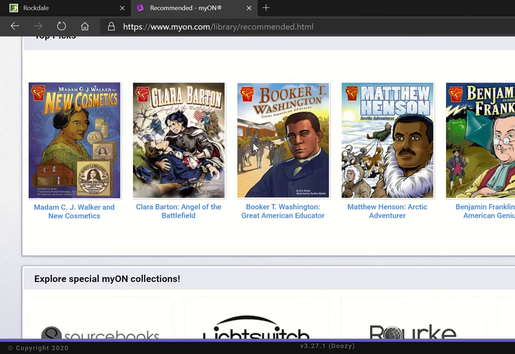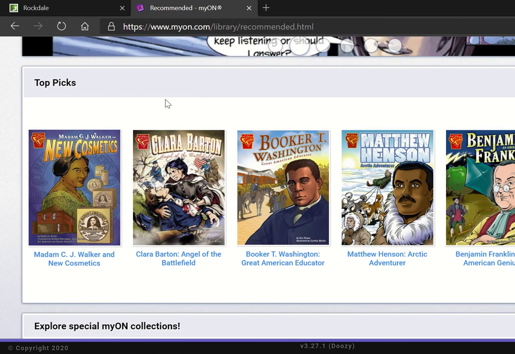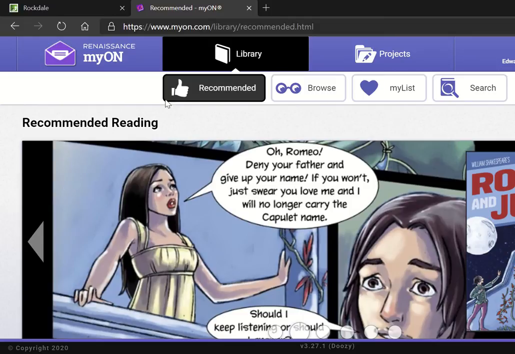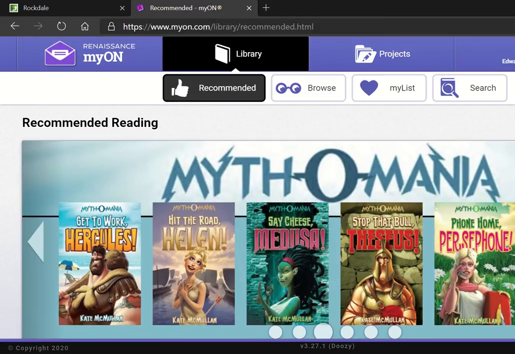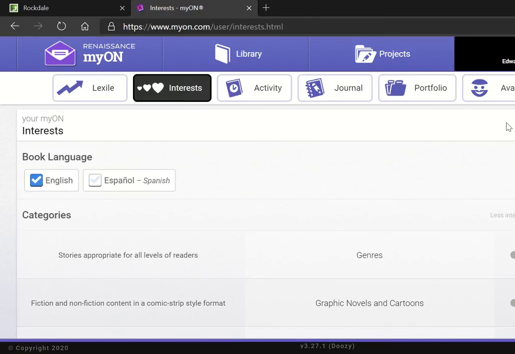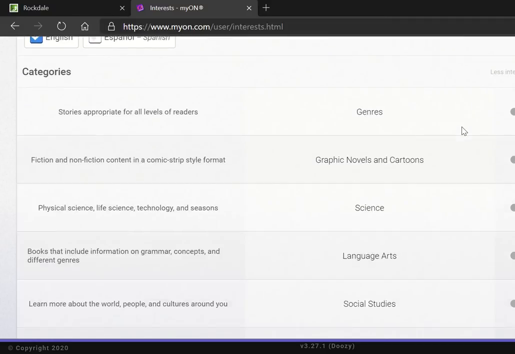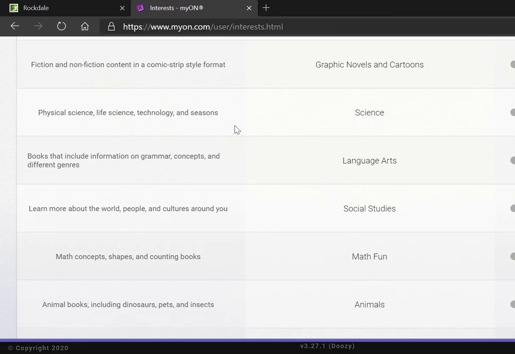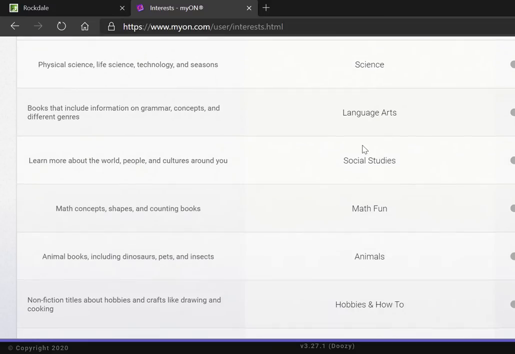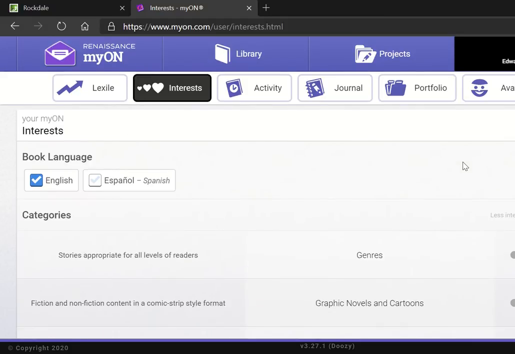And you're going to scroll down. It's going to tell you your top picks. But first, hold up. When you click on this page, it's going to prompt you to set your interest. So I'm going to click edit your interest, which is located on the right. And you will be able to come here and answer these questions and set your interest. Once you are done, you will click the save button,